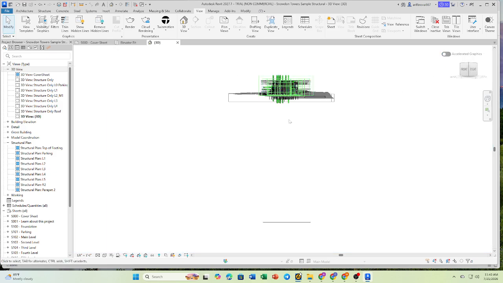And that's it. You now know how to create three-dimensional views in Revit and explore your building model from any